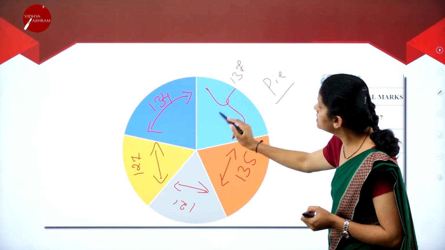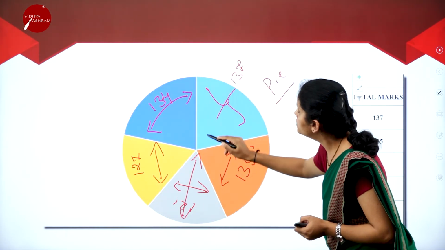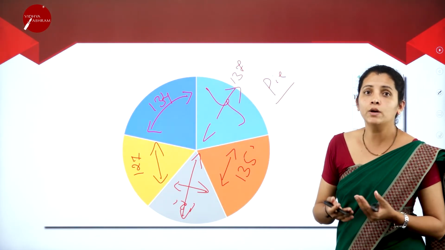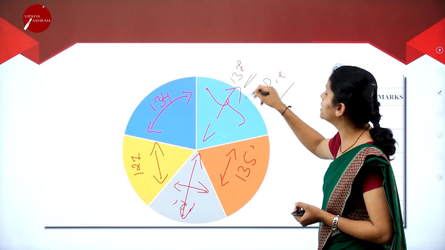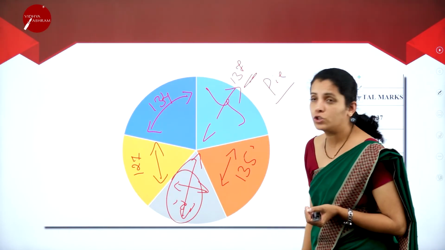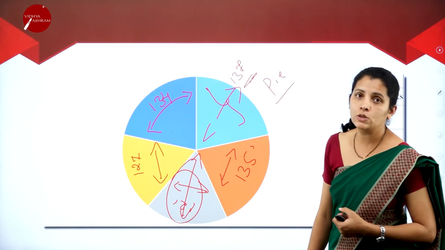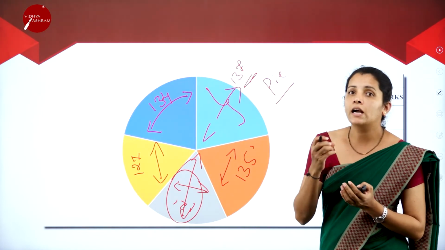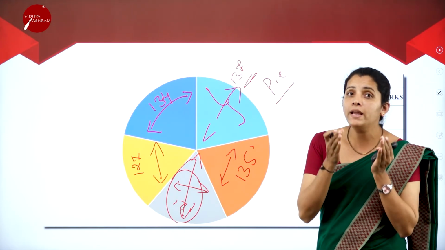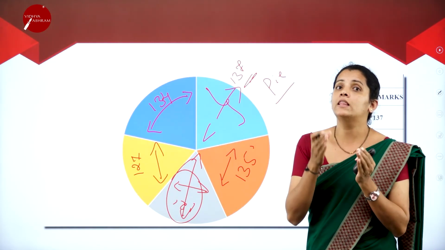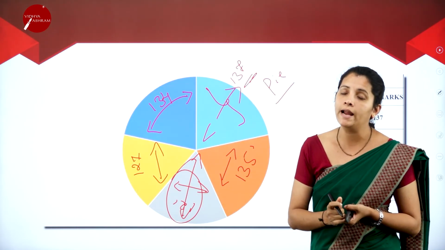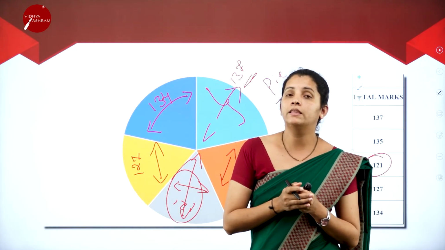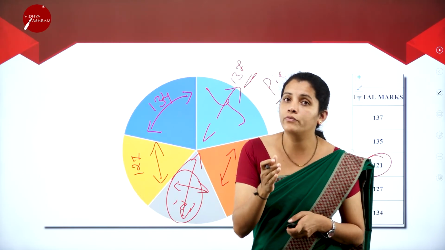Now consider this portion with this portion. It's very easy to understand that this is the portion having the highest value, and what value is it? That is nothing but 137. This portion is used to represent the lowest value. By using charts, you can represent any kind of data. It gives the complete information about the data, and the user can very easily understand and analyze it. So a chart is nothing but the diagrammatic representation of the data.